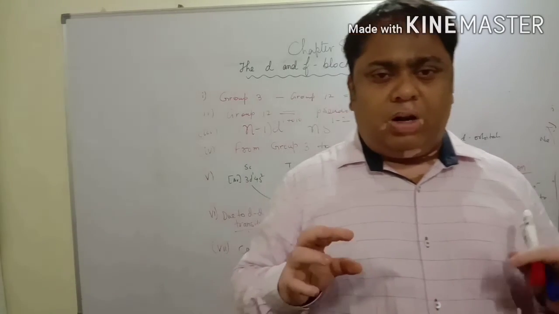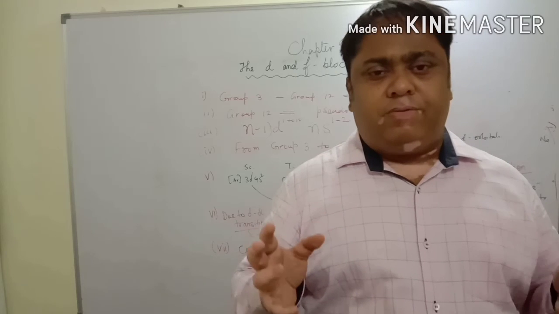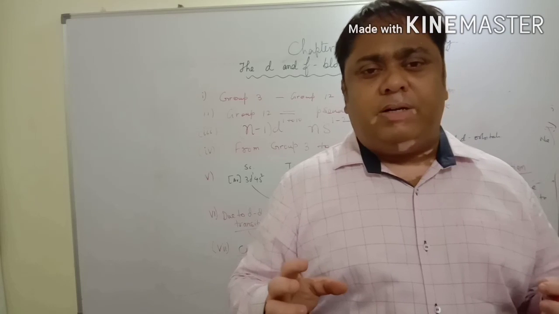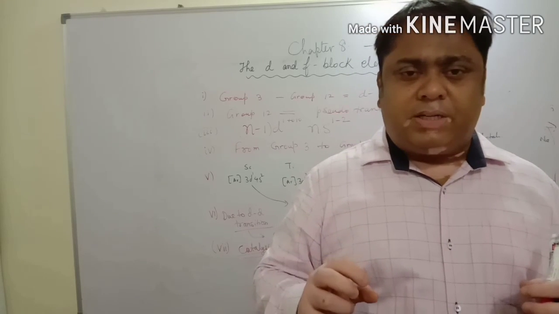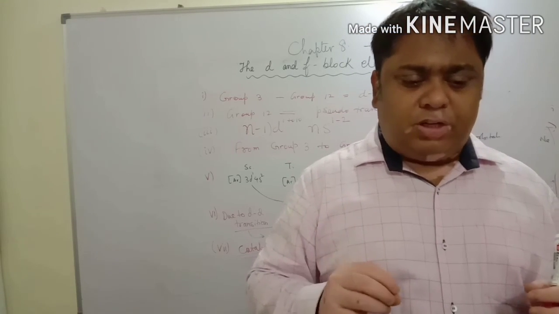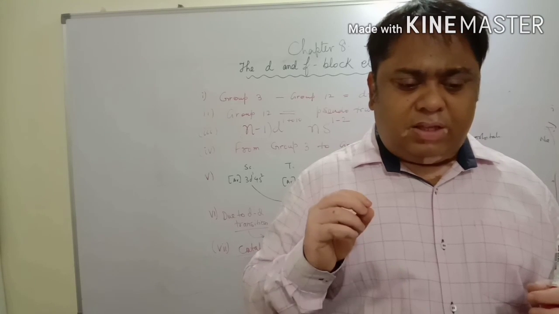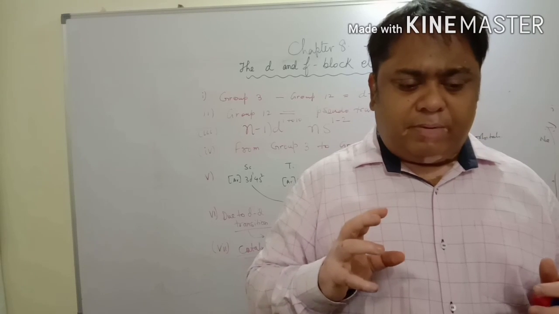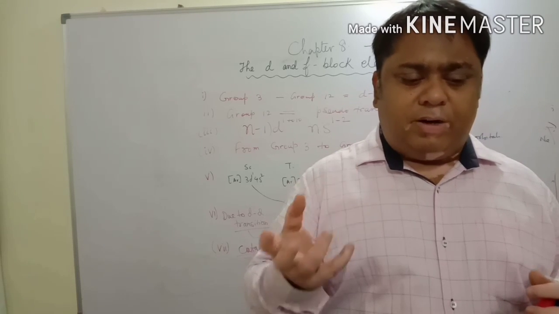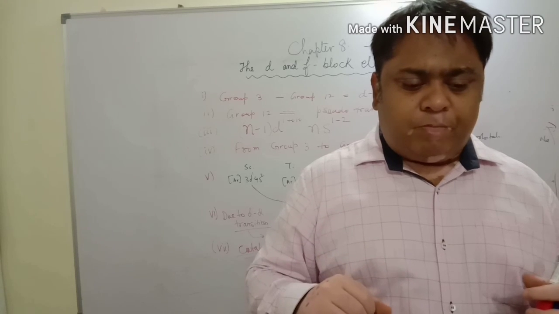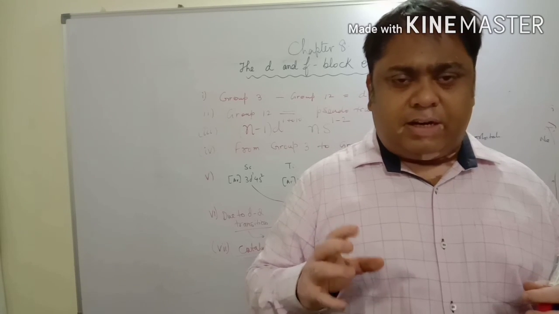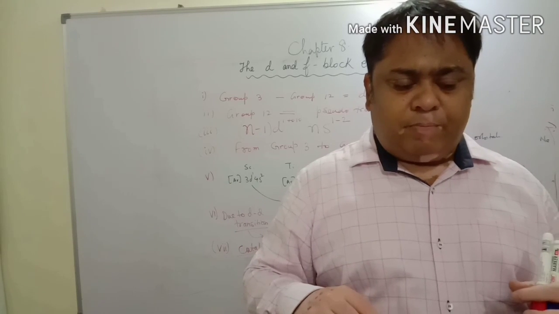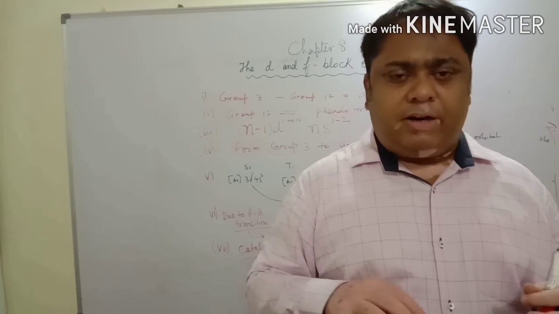So this was all, in a brief manner, about the properties of d block elements. Now we will be discussing specific details about the d block elements. As of now, we have seen the general electronic configuration, and after that we will be seeing the relative stability, variation of melting point, variation of electrode potential, then a few preparations also, although it is taken out from the reduced syllabus of this year. Still we will be discussing a little bit about that, and then we'll go for f block elements. All right, thank you.